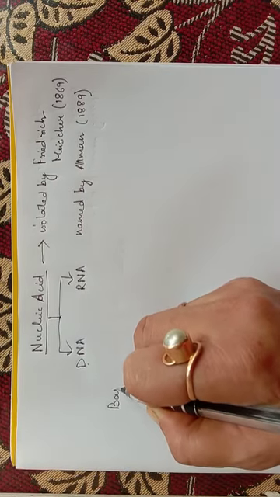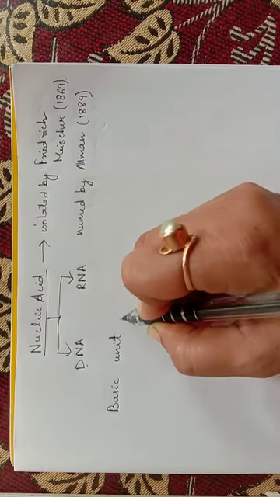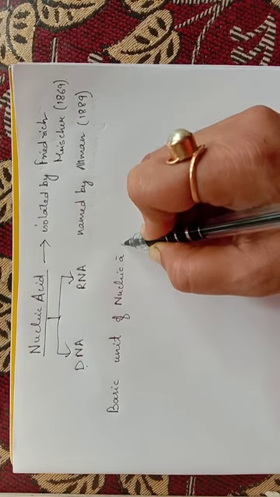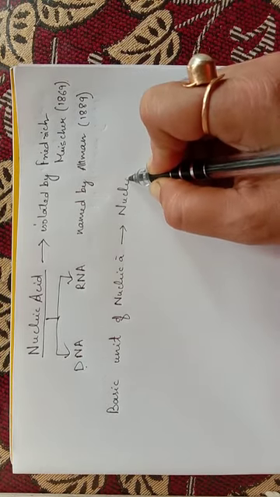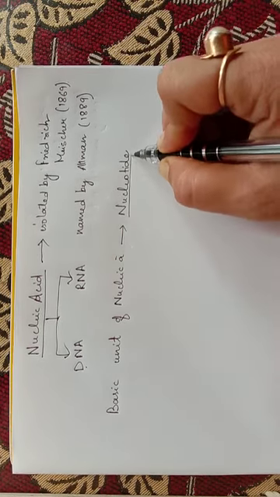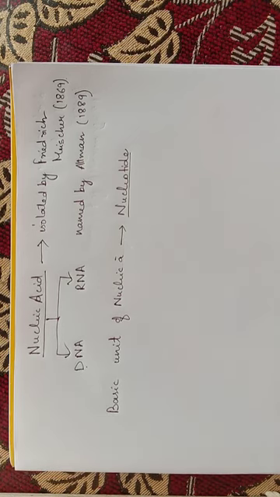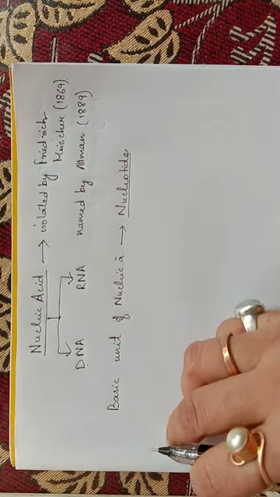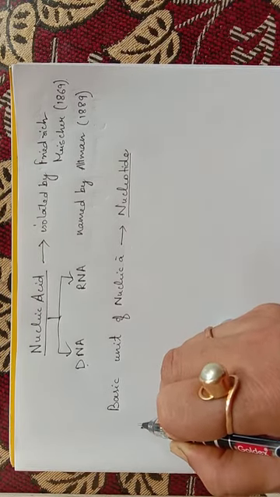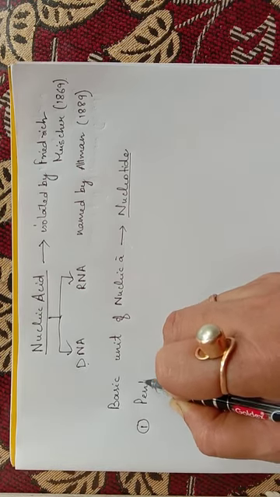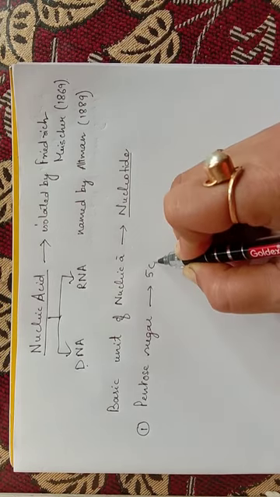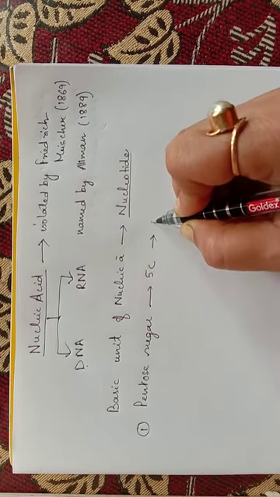Now, the basic unit of nucleic acid is the nucleotide. So the basic unit of nucleic acid is the nucleotide. Now we will go through what a nucleotide is made up of. A nucleotide is made up of three molecules. Number one, pentose sugar, which is a 5 carbon compound, and it is also of two types,